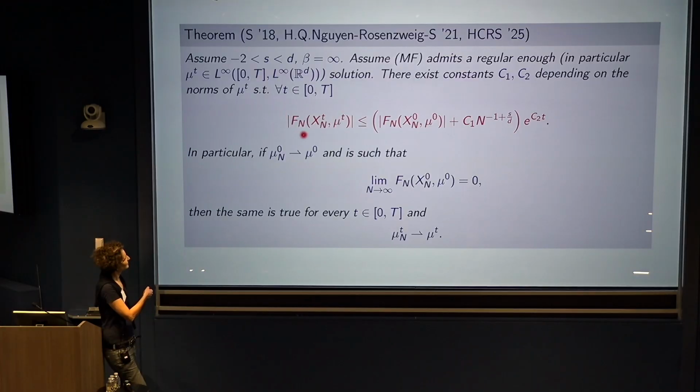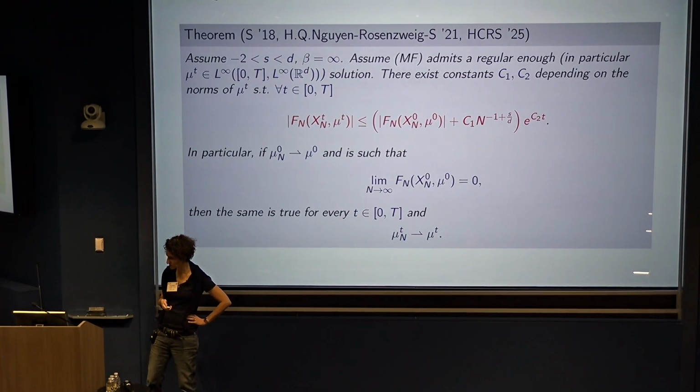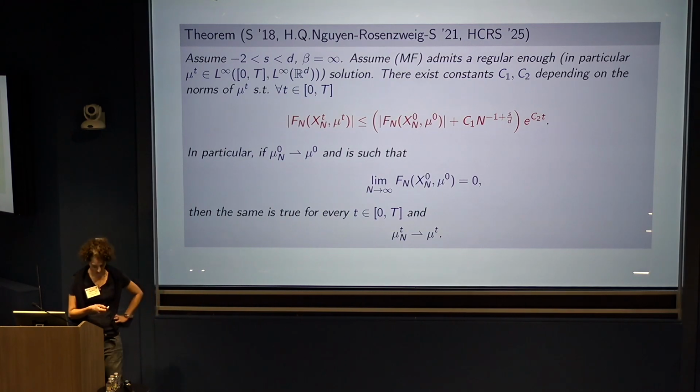And then you find that on any given interval of time, the modulated energy at time t will be bounded by the initial one plus this small additive error times exponential in time. And so in particular, if you know that this thing is initially small, then things will be small at later times, and I told you this thing does metrize weak convergence, so you will be able to derive from this that you have convergence of the empirical measures as you wanted, and this includes Coulomb,